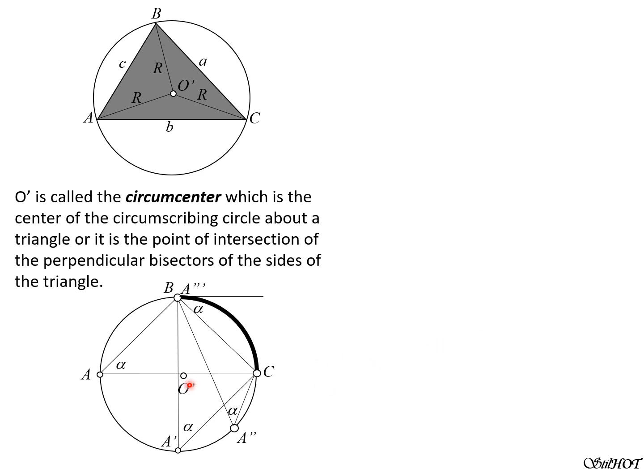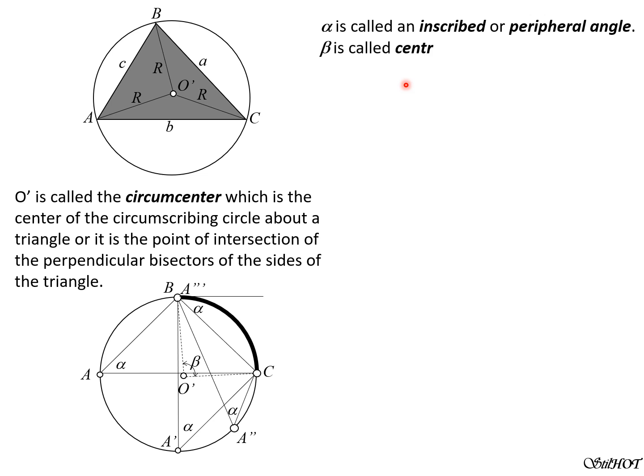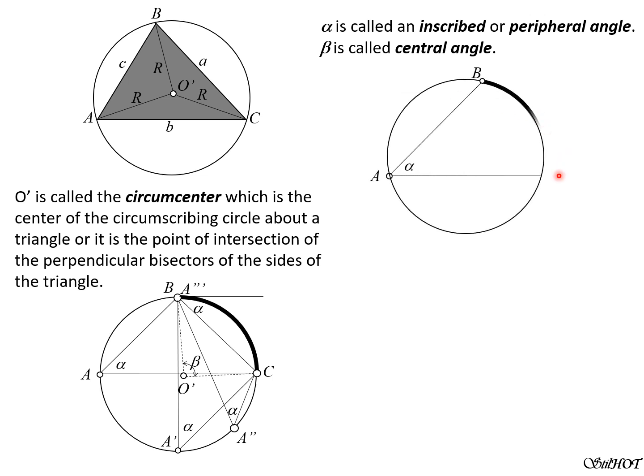So this is the center of the circle, and it will also subtend the same arc. Let's prove now that this angle beta, the central angle beta, is twice that angle alpha. So alpha is called an inscribed or peripheral angle, and beta is called the central angle. So let's have another demonstration here. So we have here the arc BC,